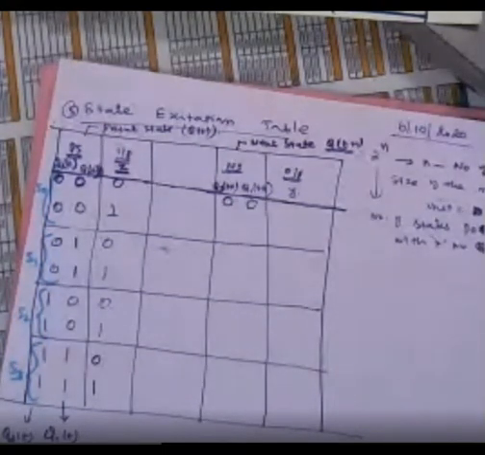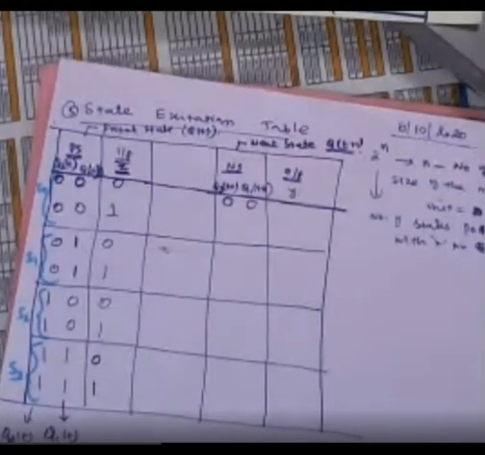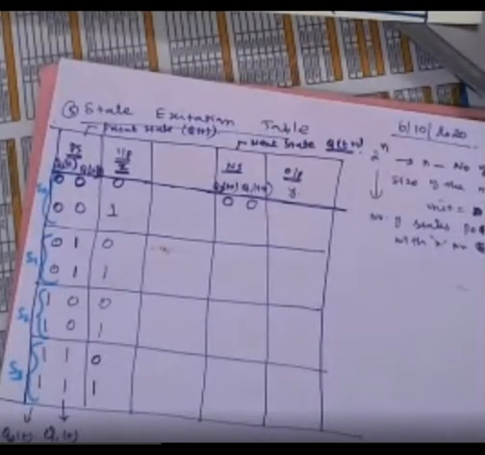So as we have seen, no change, toggling, set, reset, everything is possible by using the memory elements, the flip-flops or latches. Since we want to trigger the circuit only for the rising edge, we go for the positive triggered flip-flop. Or if you want to use your circuit only for the negative falling edge, then we have to design a negative triggered flip-flop. Negative triggered and positive triggered differ just by incorporating one NOT gate, that's all. If you put one additional NOT gate, the falling edge will become the rising edge, and the circuit will work on the falling edge now. Understand? Okay. Now the same way you continue.